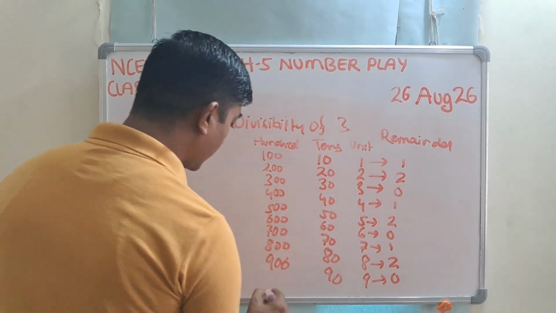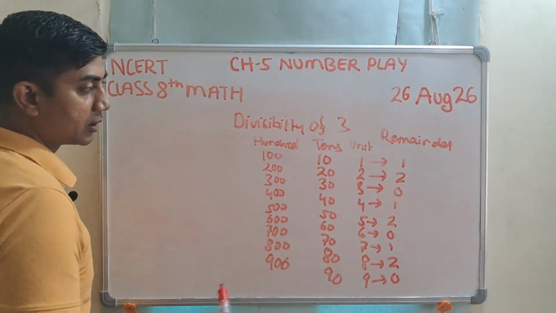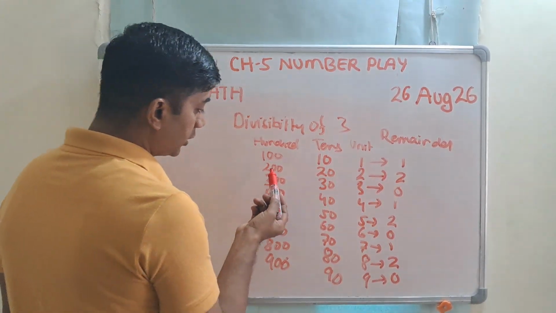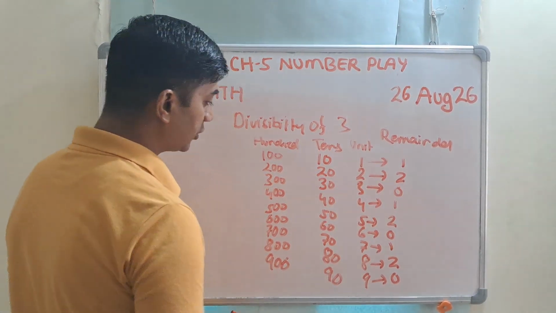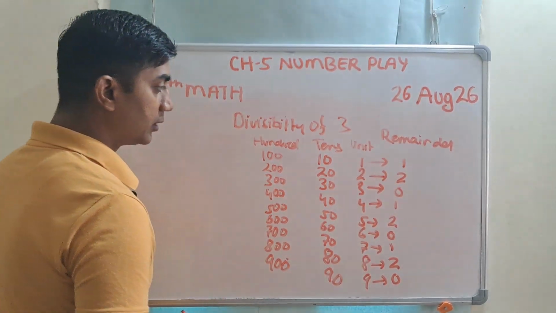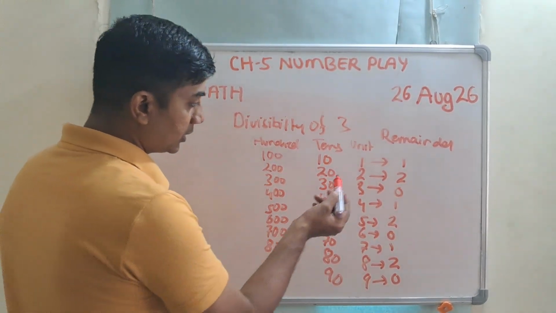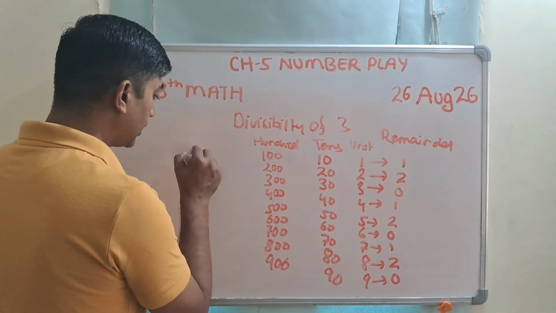And what you observe? If you divide 100 by 3, you will get the remainder 1. If you divide 200 by 3, remainder 2. If you divide 300 by 3, remainder 0. Now can you see the pattern? That this pattern will remain always the same. Means if you write here